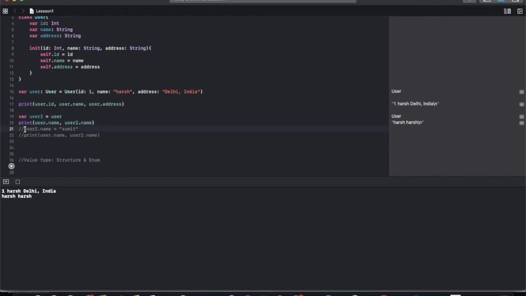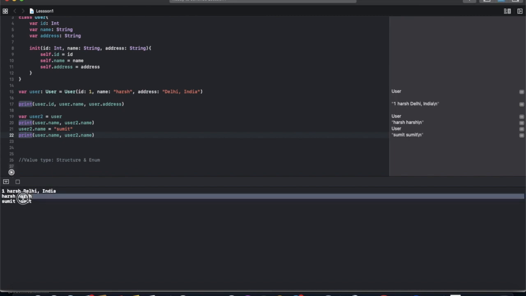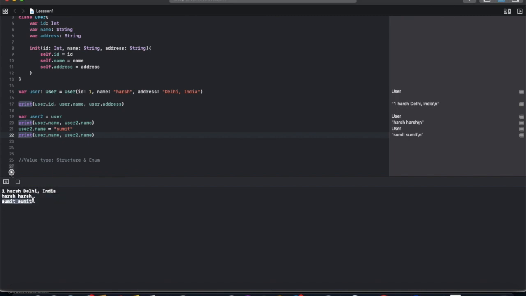Now we change the value of the name in user 2. You can check, in this case both values are changed because it's a reference type. When we copy one data to another, it doesn't create another value. It just refers to the same value.